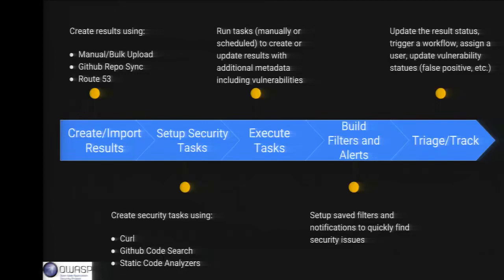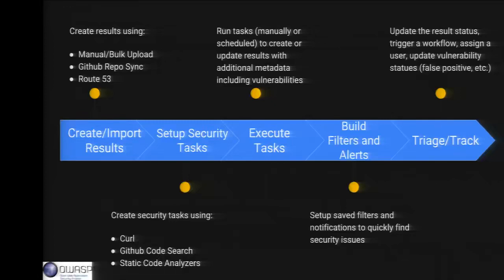Or you could use the Route 53 sync if you are an AWS user, and that's basically going to pull in all of your DNS entries that you have up in Route 53. So once that's done, and once you have your assets or your results in Scumblr, you can set up security